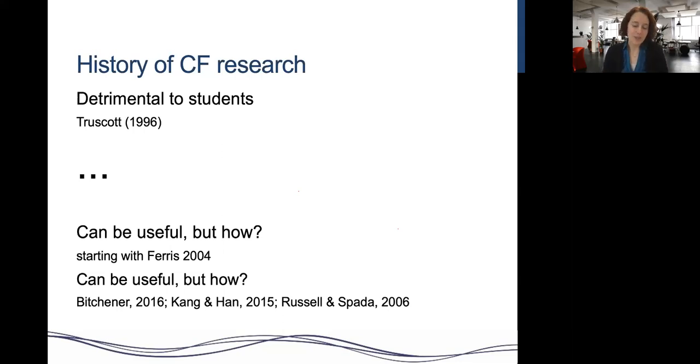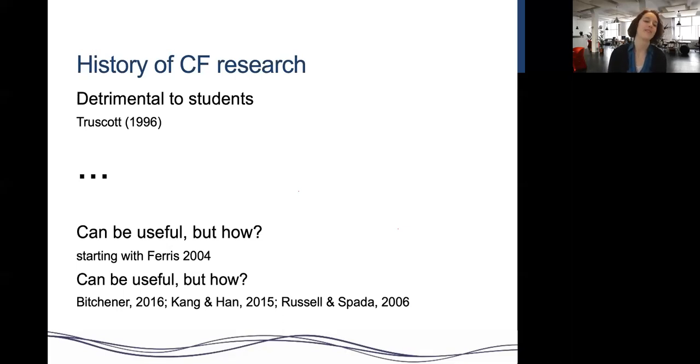So the field looked at the research that Truscott was using to make this claim, because it wasn't an empirical study, it was a review that he used to make this claim about it being detrimental. And researchers said, well, yeah, actually the studies aren't very well designed. We can see that there are definitely some problems here. We can't say it's detrimental, but on the other hand, according to what we've got, we also can't say it's useful. And so hence kicked off a period of quite intensive corrective feedback research, which led Ferris in 2004 to